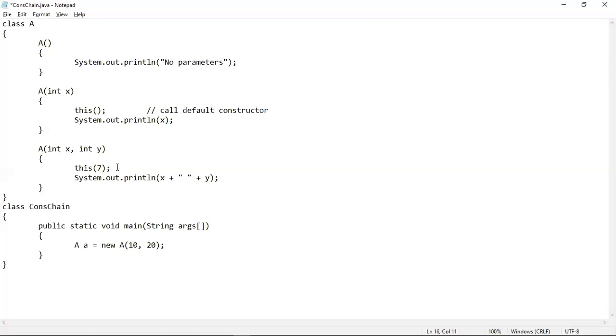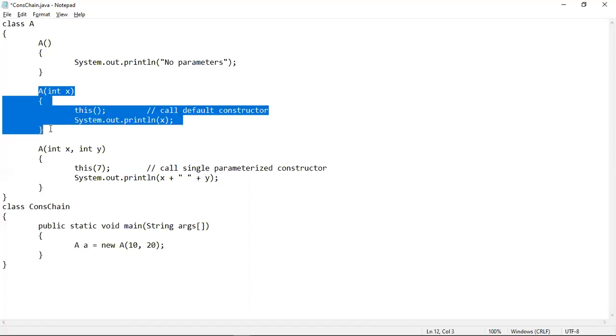So this statement will actually call the single parameterized constructor, that means this one, from inside this double parameterized constructor body. Whenever the 7 value is passed, it will be passed into this x variable.